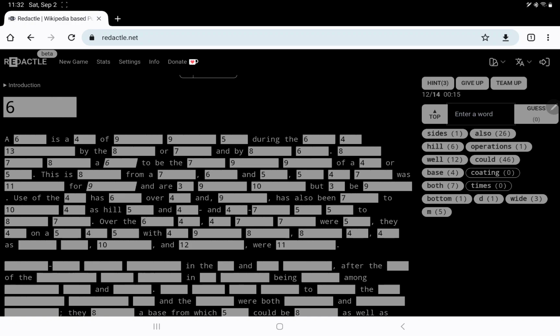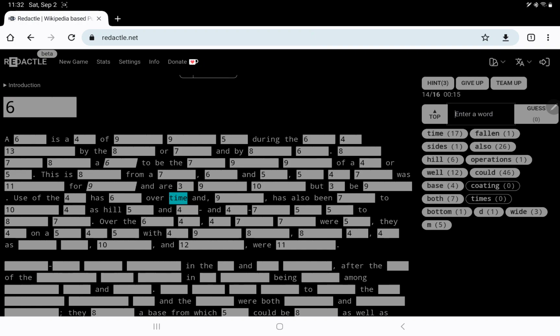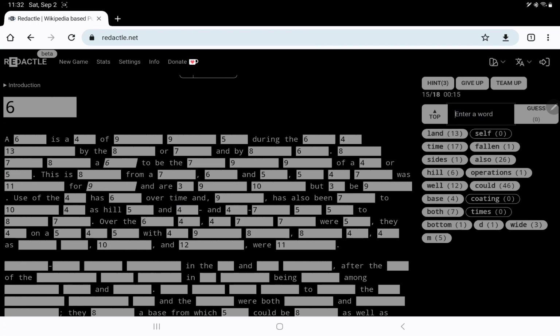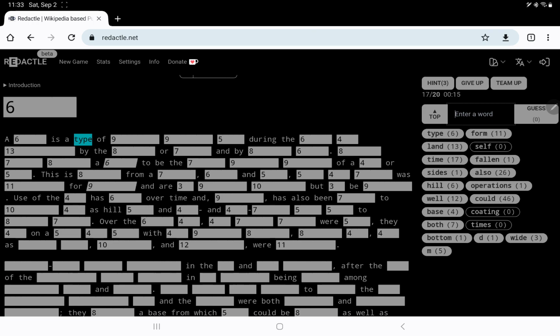Oh yeah, the thing has use as fallen. No, not fallen. Use has, well, maybe it's grown over time. Has hill 5 and 4 dash and 4 dash. Let's try self. No, how about land? We do have a lot of land. Let's get word in the start of the sentence is a form of, is a type of. Okay, it's a type of